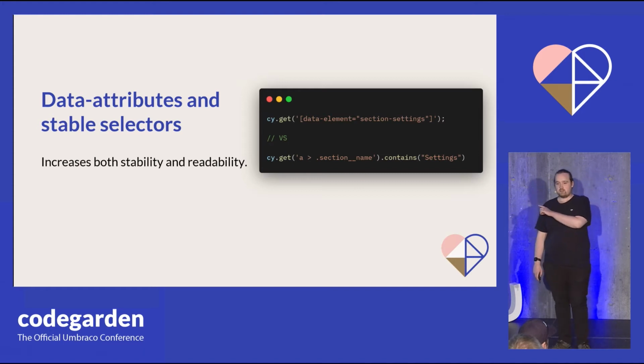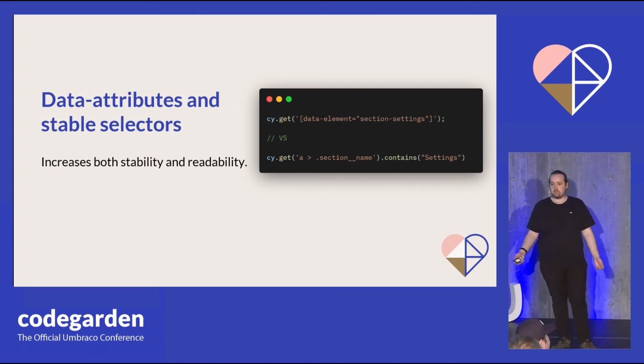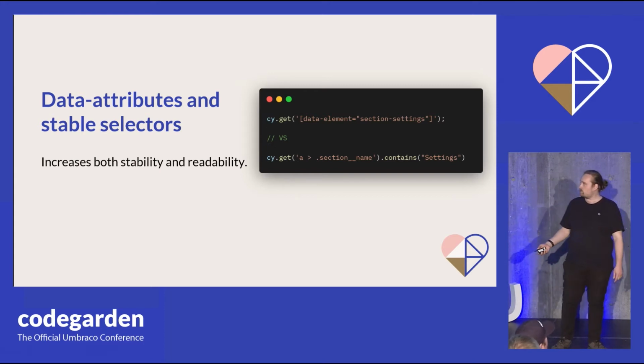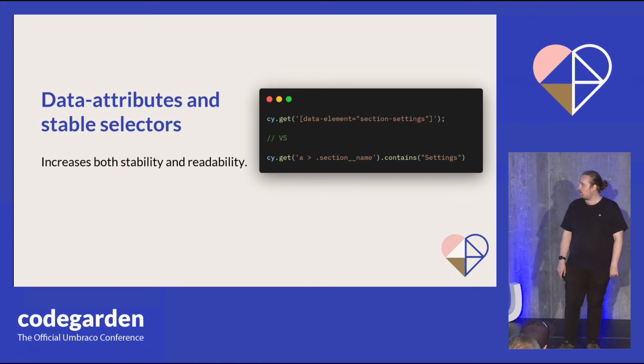As long as the data attribute doesn't change, your test will run. Because in this case, Cypress doesn't care if what you pick out is a button or a link or whatever, it'll just click it. So as long as we keep this data element, for example, here it's section settings, so it's the top bar of Umbraco where I can click settings, then it really doesn't matter where it is in the DOM,